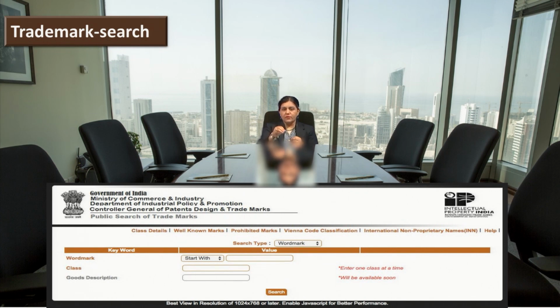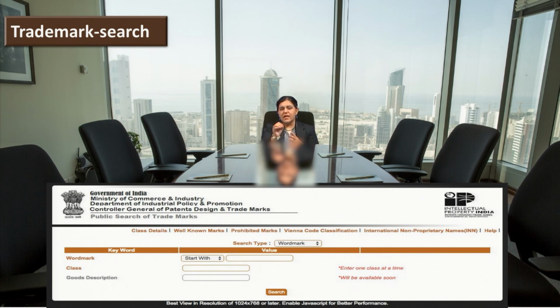We will show you the website. When we go to the website, you can see exactly where that window is, where you can put the search term, and the options given are start with, contains or match with. The meaning is, say you have a particular trademark, for example sanitize, some sanitizer-related trademark.